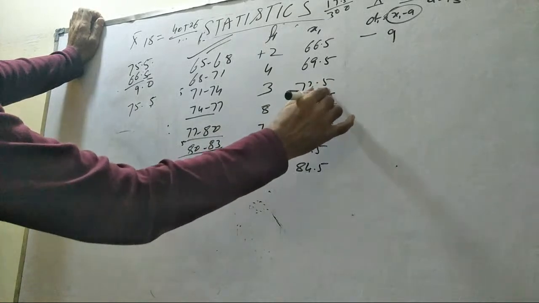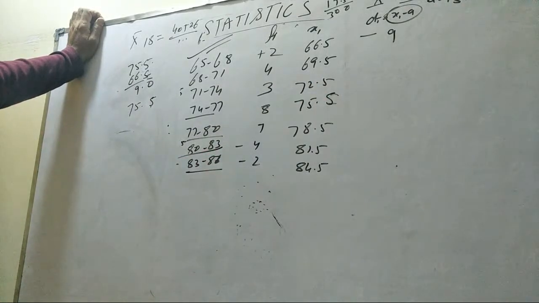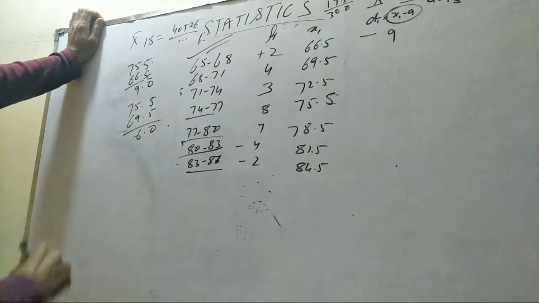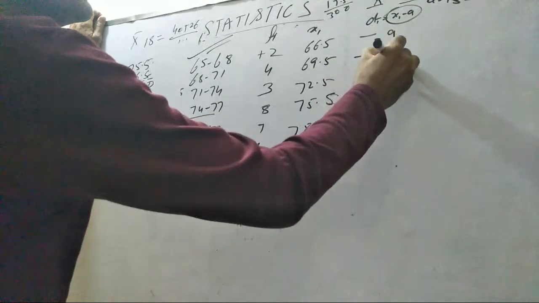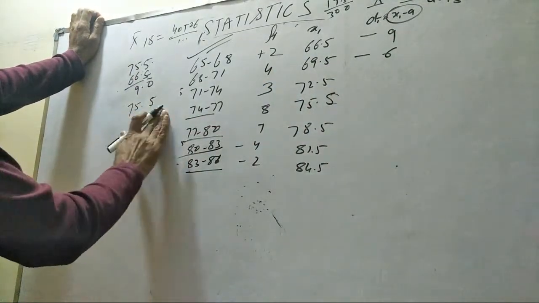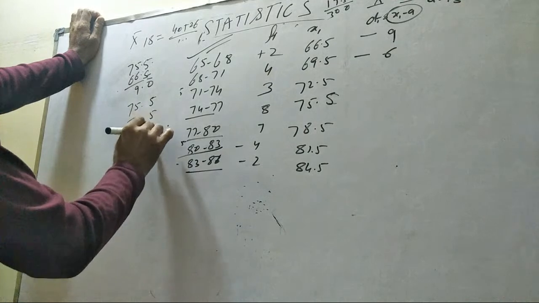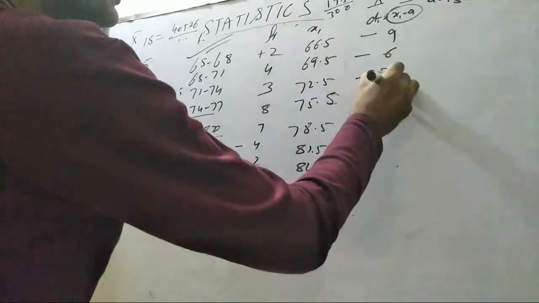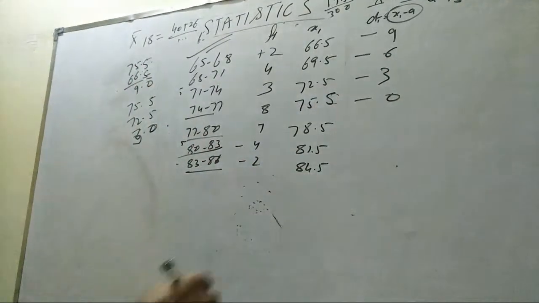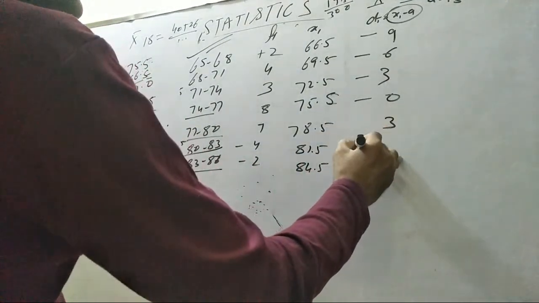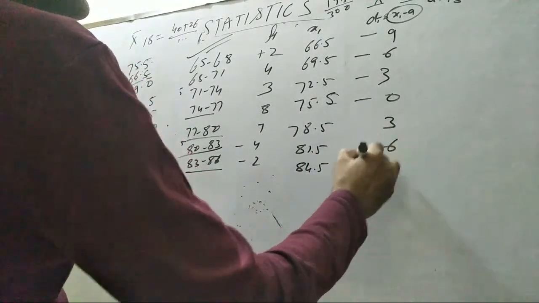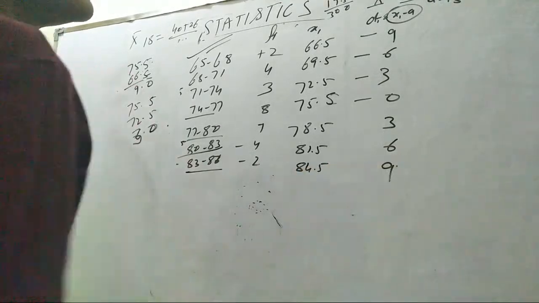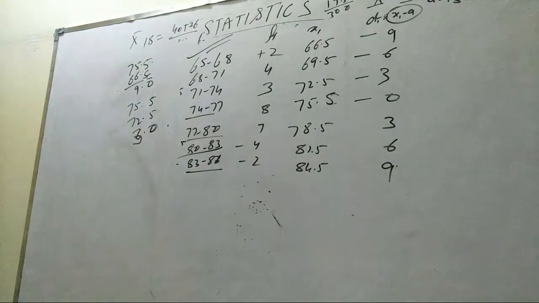This is 5. 75.5 minus 69.5. 0, 6 minus 6 and 72.5 0 3 minus 3 0 3 6 and 9. Now